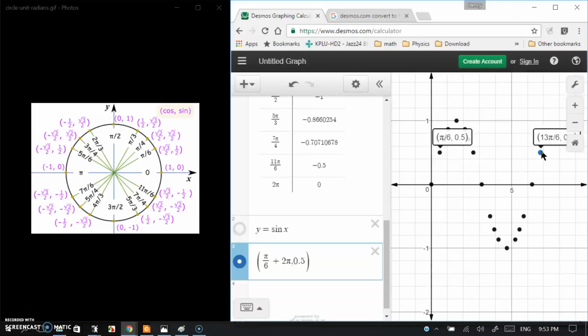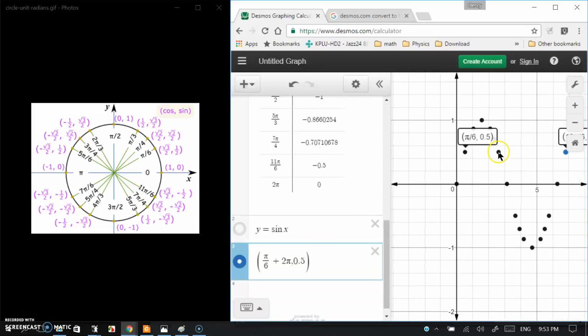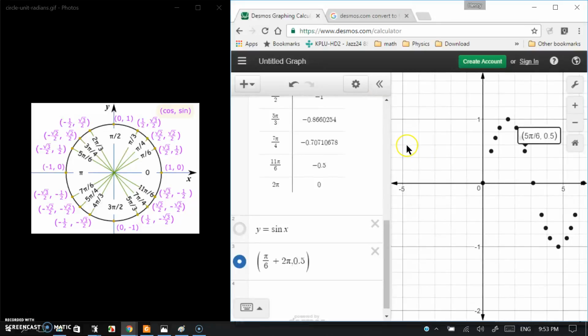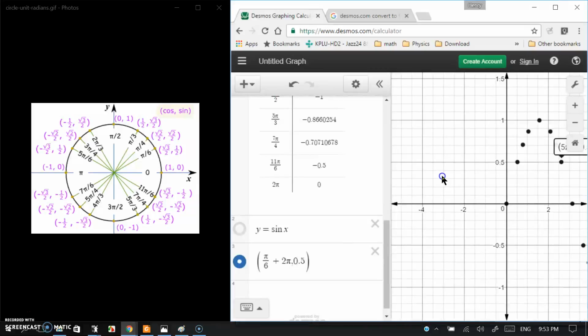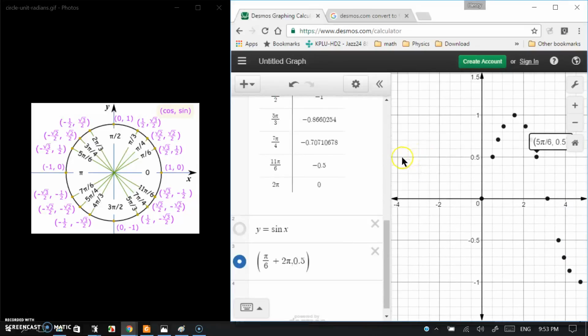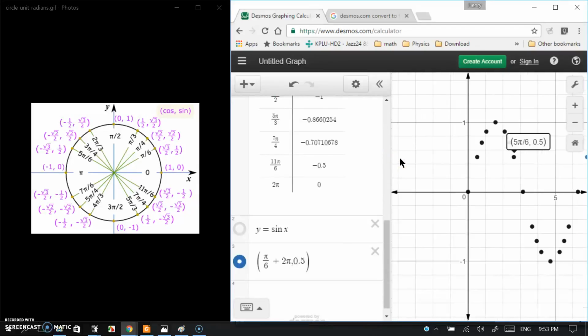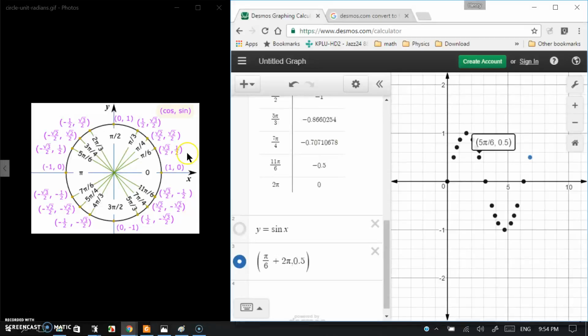So that's 13 pi over 6. Okay. Let's say today I want to get this point, but on the negative side, so somewhere here, right, somewhere here. Sorry, 5 pi over 6, so maybe somewhere here. Then I will have to minus 2 pi, right? So 5 pi over 6 minus 2 pi, I will get